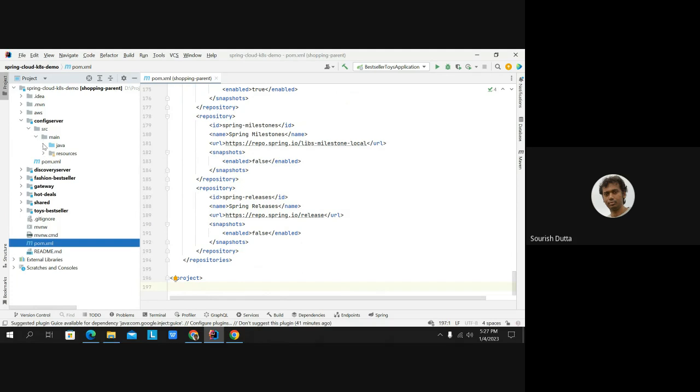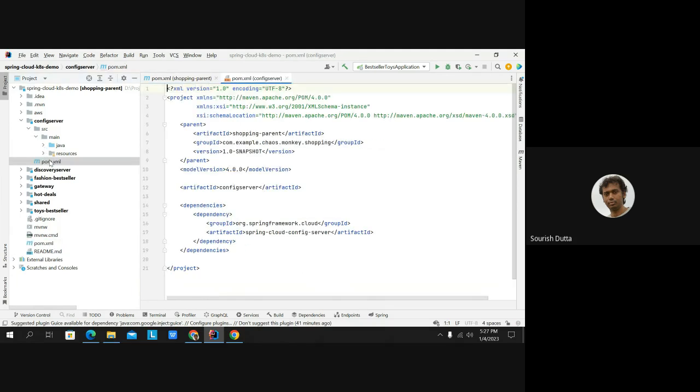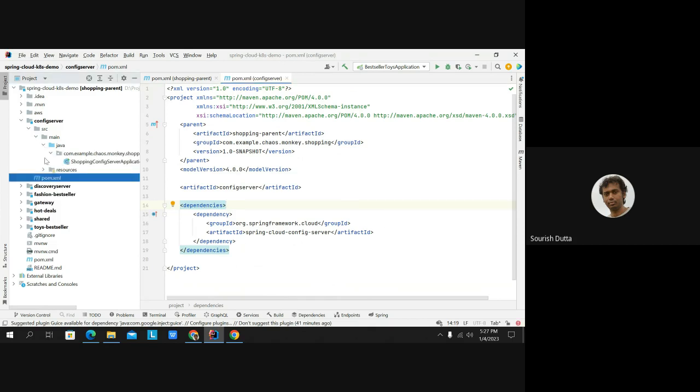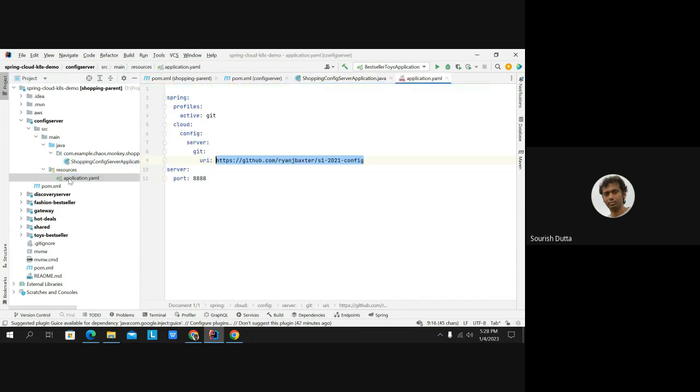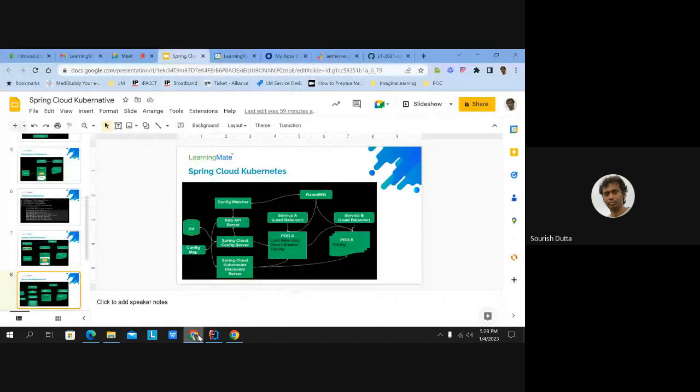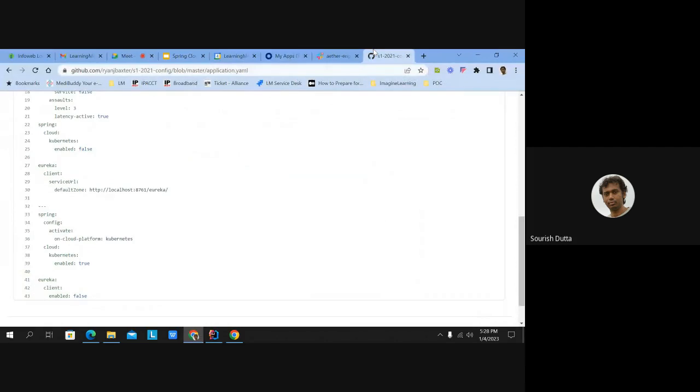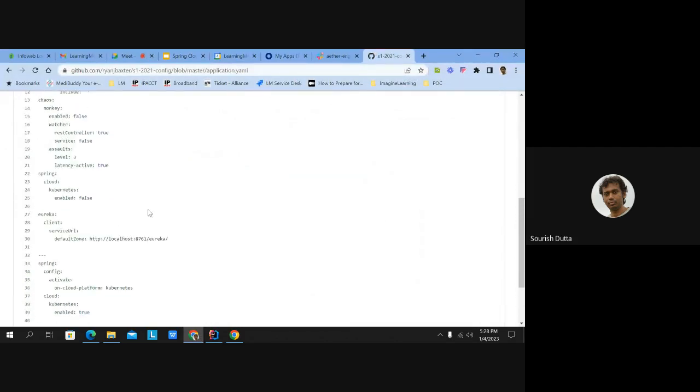So in the config server, you obviously have the basic configuration dependency, the Spring Cloud config server. That is a simple service. There is nothing more out here. It just enables the config service, a standalone Spring Boot service, which reads its configuration from a particular Git repository. And in the Git repository, what we have here is basically the detail